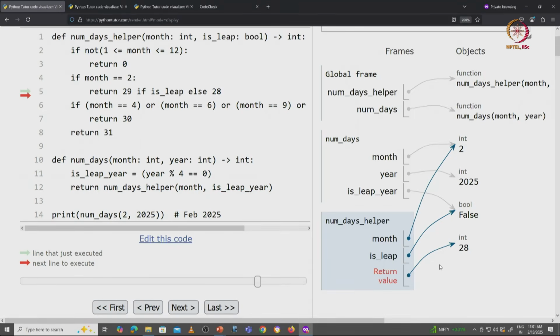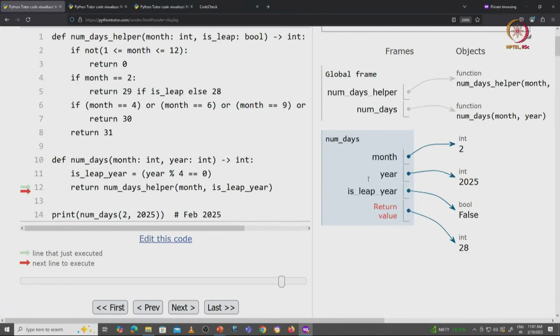So this object which is being returned by the numDays helper function is going to become the object that the numDays function is now going to return. This object 28 is the answer to the question, how many days are there in February of 2025?